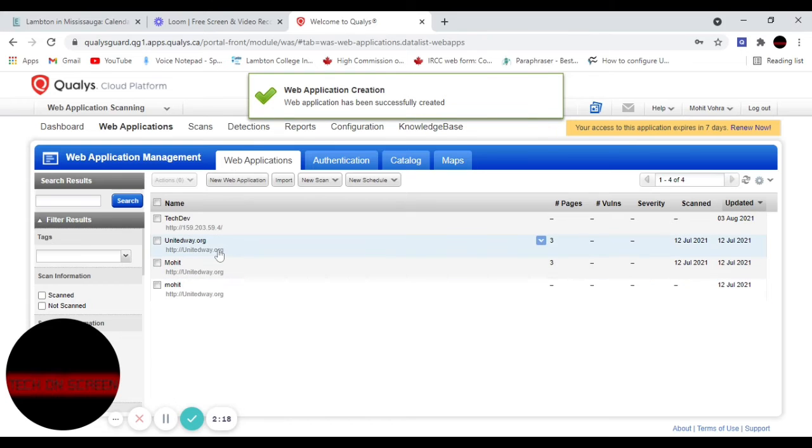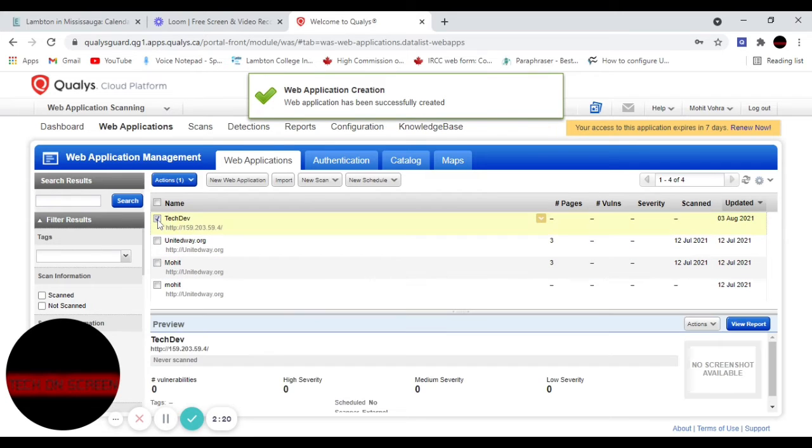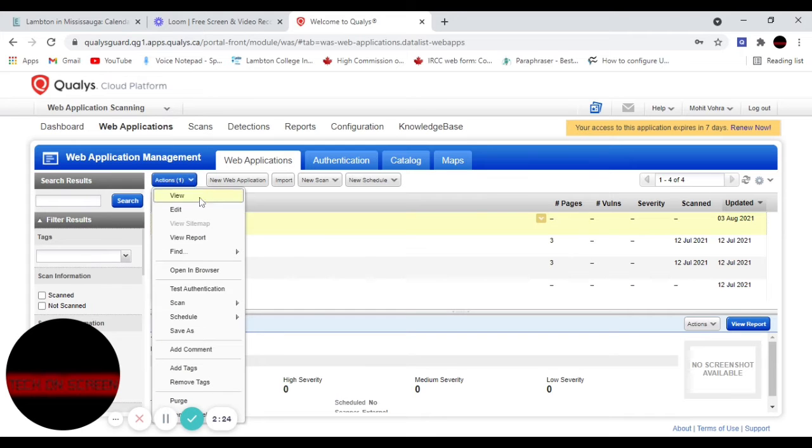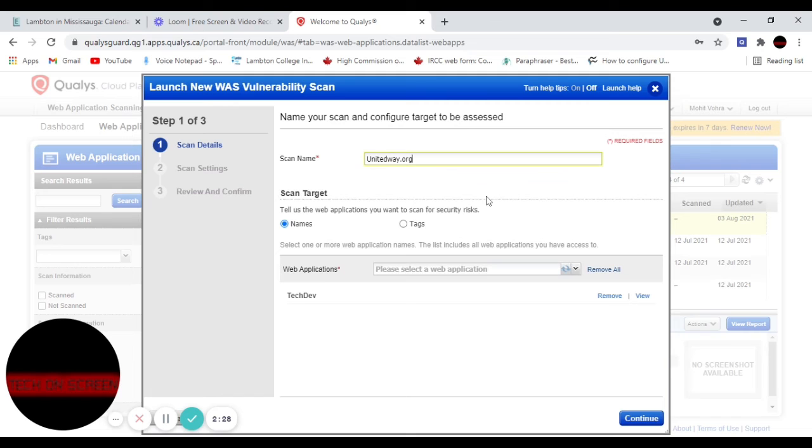Now to run the scan, I'm going to select this one, then Scan, Vulnerability Scan. Now I'm going to put the TechDev name, and from here I'm going to select TechDev.